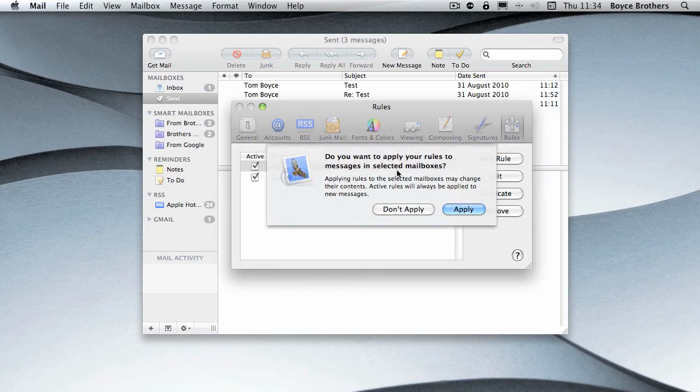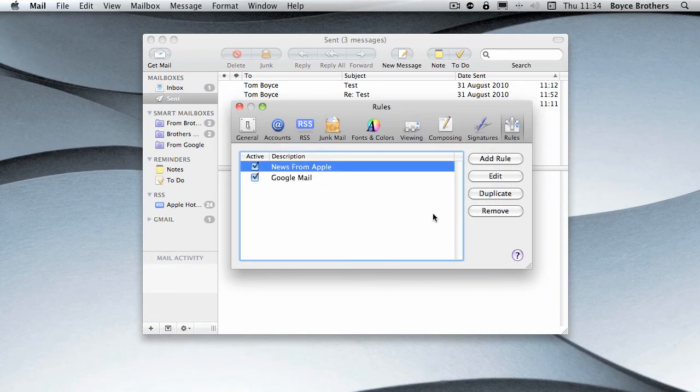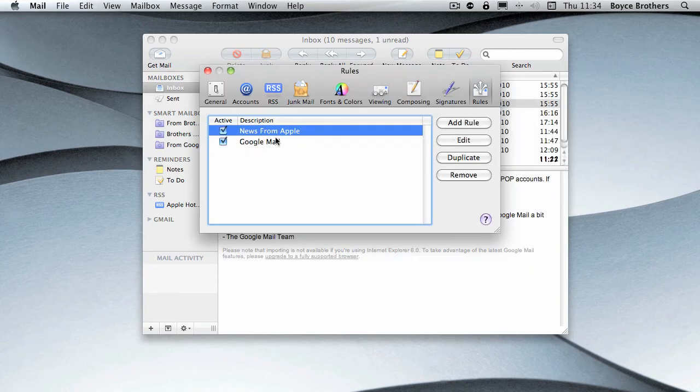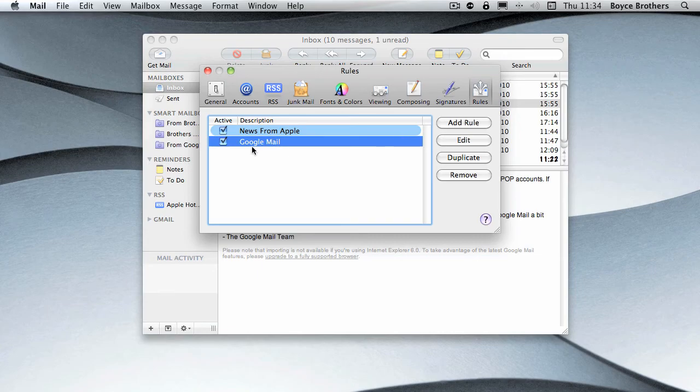Now it says, do you want to apply your rules? Because obviously we've got email. Now normally this will apply it as soon as the email comes in, but in this case because the emails have already arrived, it asks, do you want to apply them now? So we'll say yes. So I applied that rule,